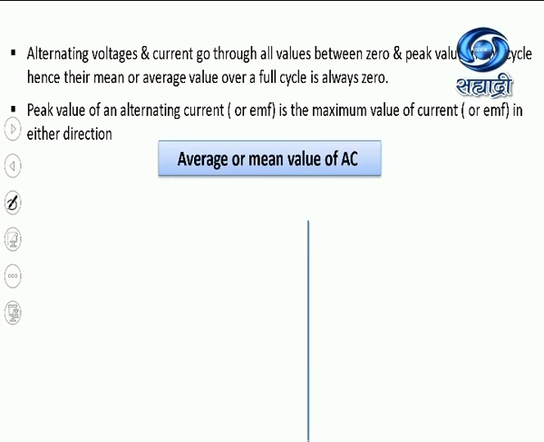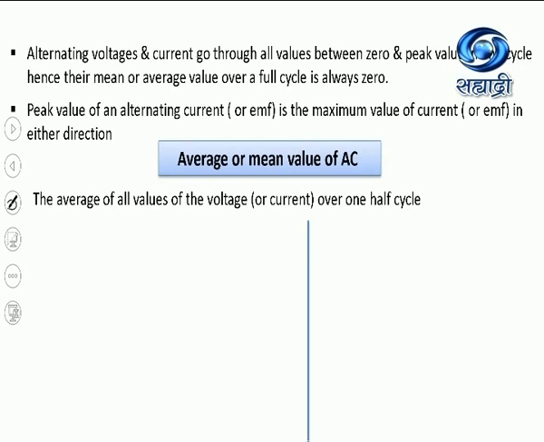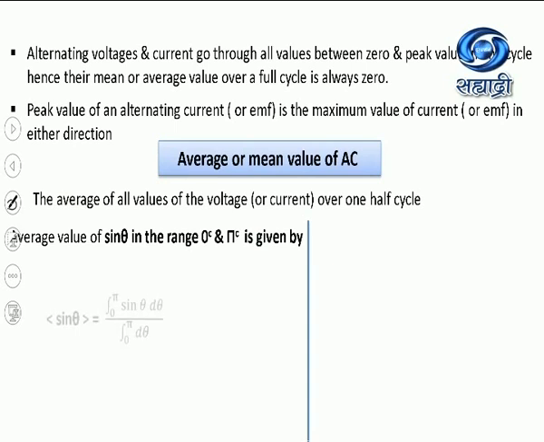That's why whenever we find average or mean value, we consider only half cycle. So the average value of all the values of voltage or current over half cycle is called the average or mean value of AC. Average value of sin theta in the range from 0 radians to pi radians is given by, here the mod sign represents average. So average value of sin theta, over a half cycle, is given by the formula